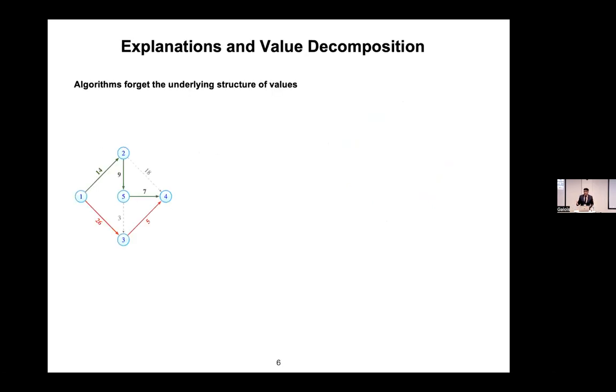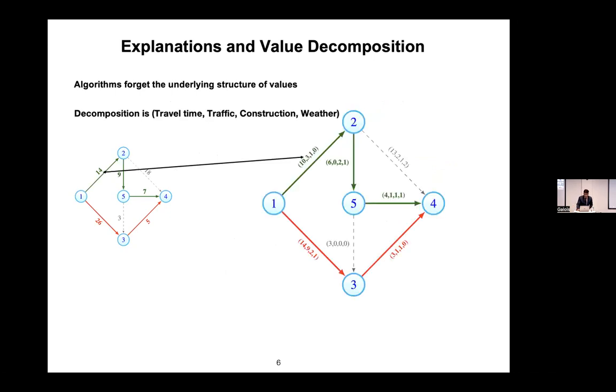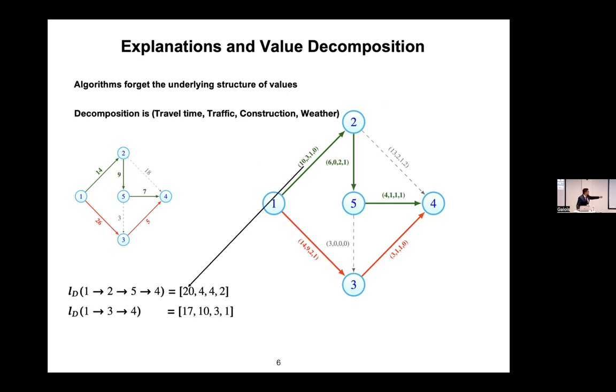And in order to explain this, we make an observation. The observation is that algorithms tend to forget the underlying structure of data. What do I mean by that? The travel time of 14 minutes here might be comprised of 10 minutes of pure travel time, 3 minutes of traffic delay, 1 minute of construction delay, and so on. So if we work with this decomposed data and do not aggregate these values, and simply run the shortest path on that,